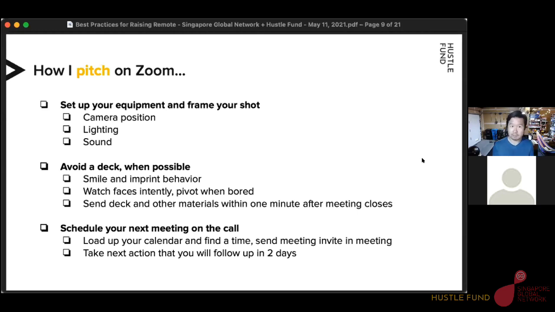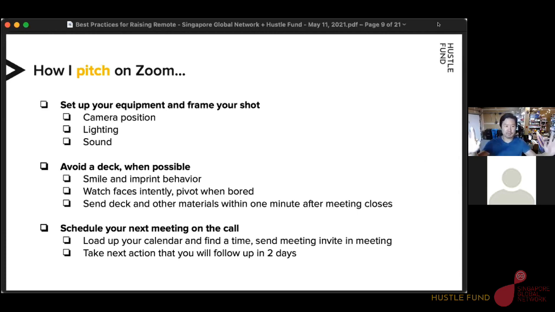If you run out of time and you can't do it, then in the follow-up email that you send after your pitch, make it clear that you are going to follow up in 2 days to schedule. If I don't hear back from you, I think we should meet on Wednesday. You've got to go very, very aggressive on that scheduling. And this is, I think, one of the top mistakes that founders are making in their pitch, or I guess in their pitch process.